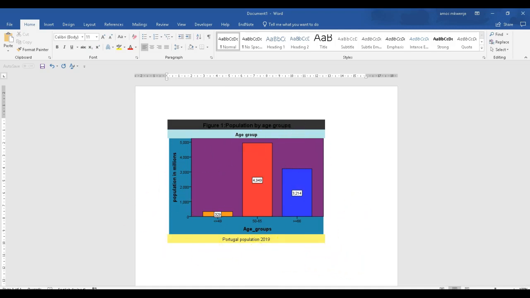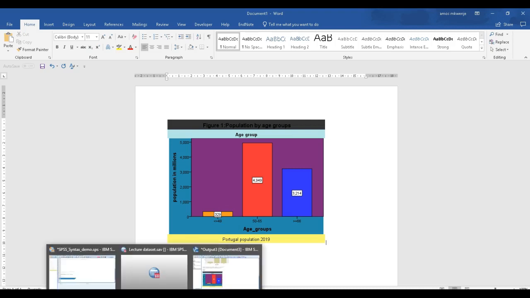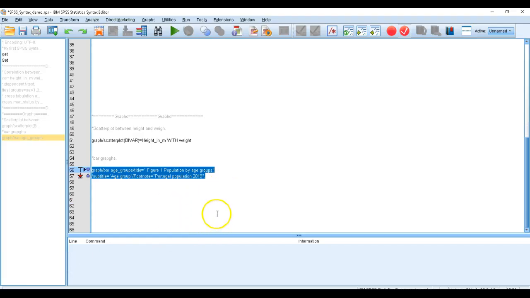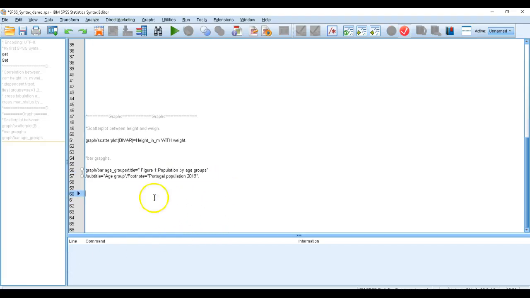And this is now your graph you have produced in SPSS using Syntax Editor, and further edit it. So in simple terms, this is how you produce your bar graph using SPSS